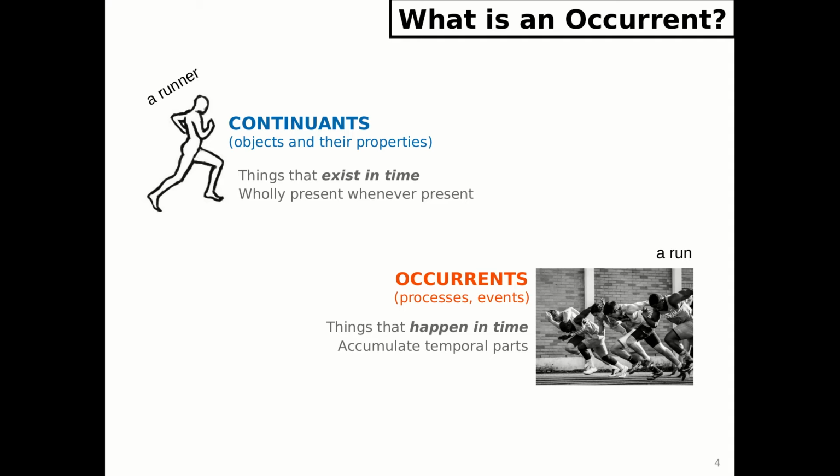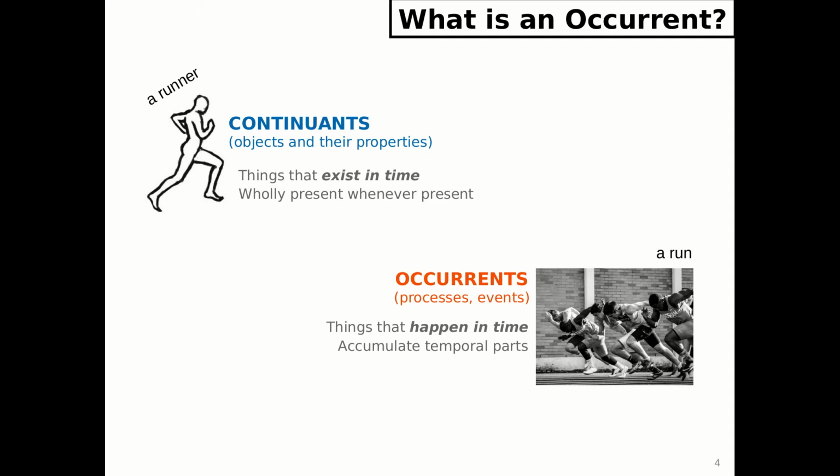So, if you take a continuant, for example, a person or a runner in this case, at any moment during its existence, we will have the whole person present at that moment. On the other hand, if you take an occurrent, like a run, at any moment of its occurrence while it's happening, we won't have the whole run, the whole occurrent present at that moment, but just a temporal part of